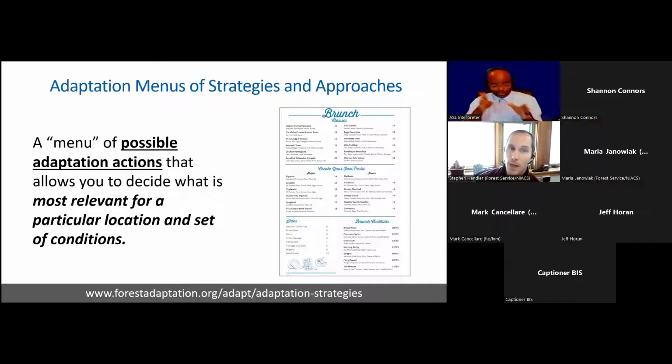Also, we're creating adaptation menus that are specific to a certain discipline or topic within this broad world of natural resource management. Just like you might expect a different menu walking into an Indian restaurant compared to a Mexican restaurant, a menu of adaptation ideas will look very different if we're talking about outdoor recreation compared to silviculture and forest management. So adaptation menus are specific to a discipline, and they're written in a language that you would expect coming from that discipline.